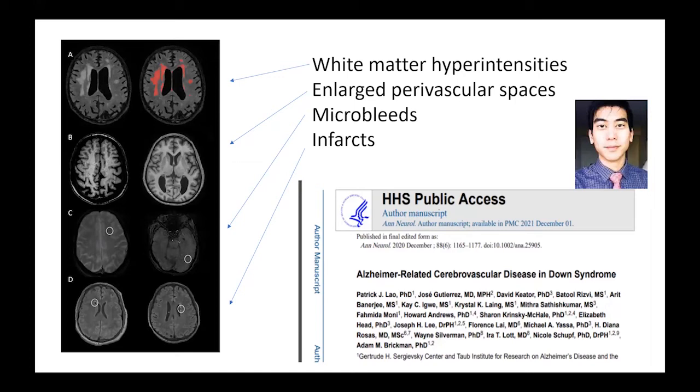And this was really surprising to me, these white matter hyperintensities, because we typically think of those as being a consequence of hypertension, and we don't see a lot of that in Down syndrome. And certainly in our cohort in Kentucky, we didn't see a lot of this. So Adam and I have been pushing around ideas about, is this cohort dependent or is this something else? And so we have an R01 in submission, and fingers crossed we get to explore this in a little bit more detail. But Patrick did an absolutely gorgeous job on this paper.